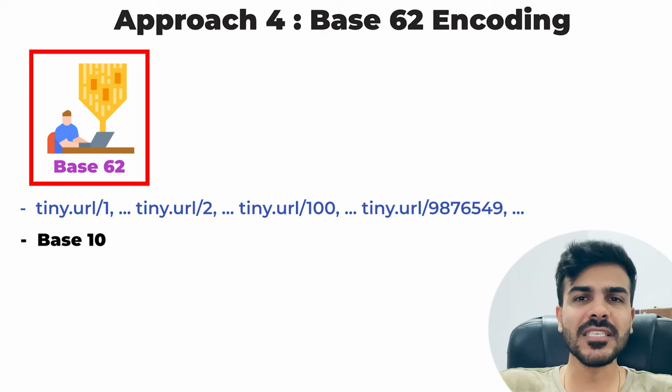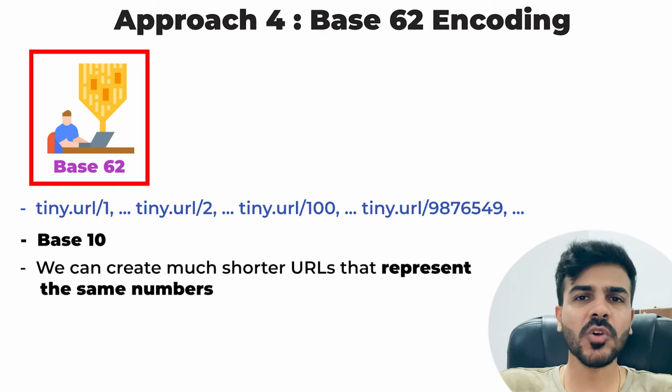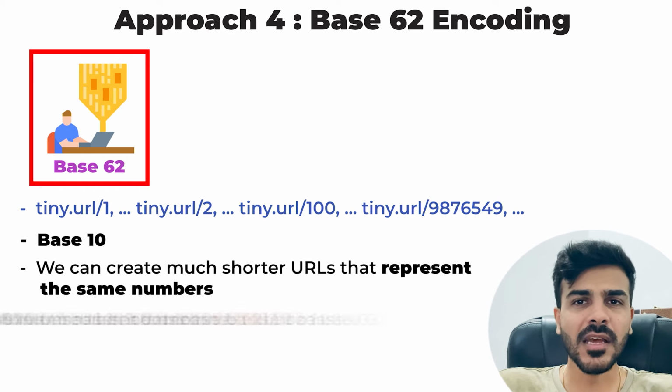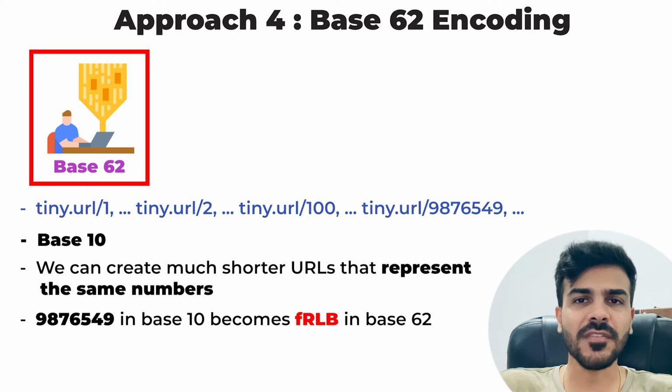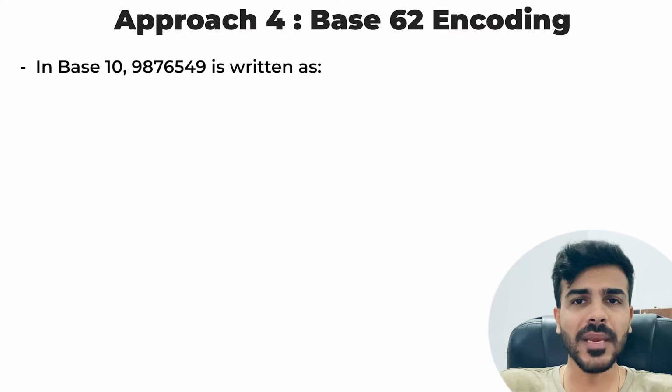With the help of base 62, we can create much shorter URLs that represent the same numbers. For example, 9876549 in base 10 becomes FRLB in base 62. I'll bring that down for you. So in base 10, we have